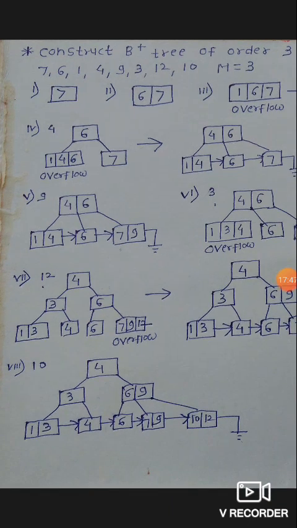So this is the B plus tree. In each step here we are following all the properties of B plus tree. B plus tree is a variation of B tree in which we are connecting all leaf nodes together. In this way